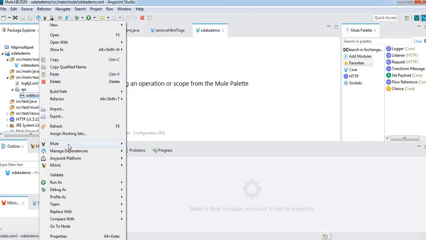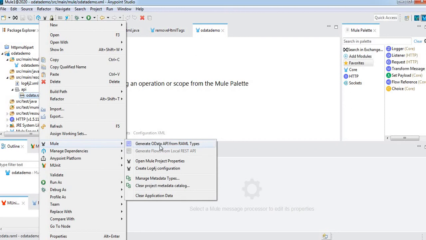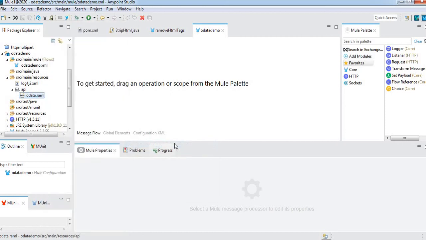You will see Generate OData is enabled. I have installed this plugin into my Anypoint Studio, so that's why it is showing here. If it's not showing properly, that means there is a problem with the plugin installation in our Anypoint Studio. So let me click on this, and it will generate the flows for us.